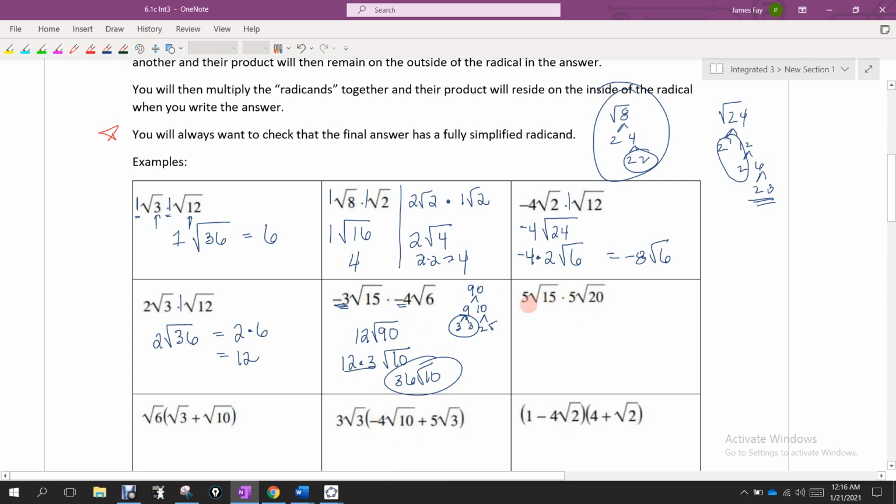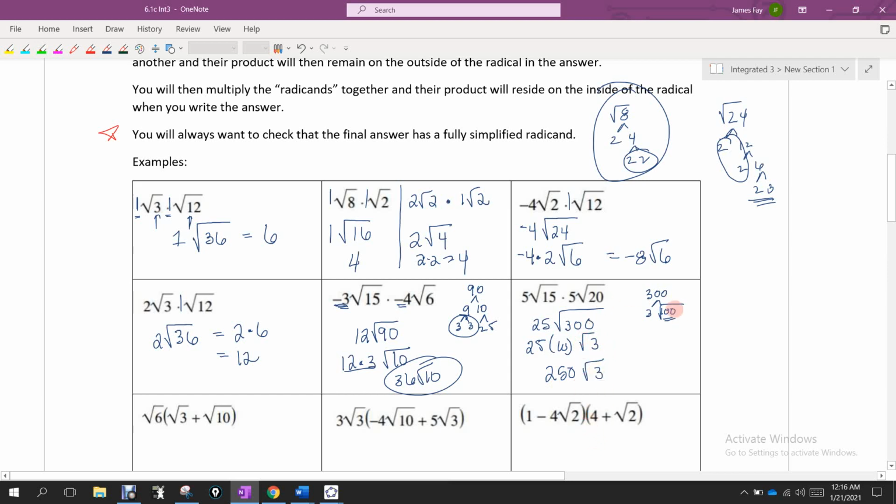Go over here. 5 times 5 gives me 25. And 15 times 20. The way I would do that, I'd go 15 times 2 is 30. So then times 20 would be another factor of 10. So now I need that 300. That 300 is not simplified, so 300 goes to 3 and 100. I'm going to stop there. I know we've been going all the way down to prime numbers, but this is a perfect square. So what I can do is say that I'm going to have 25. If I take the square root of 100, that gives me 10. And then the square root of 3. So we get 250